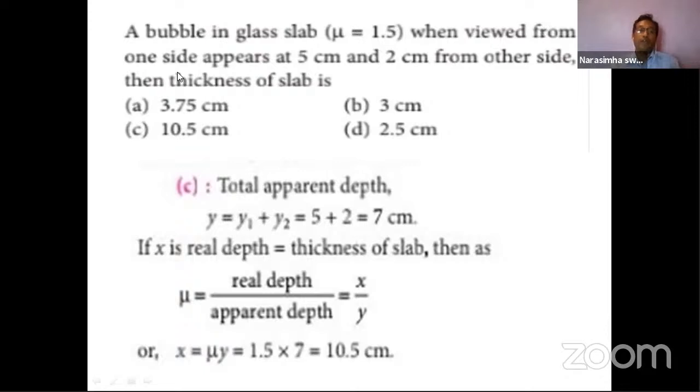When viewed from one side, a bubble is stuck in the glass slab. While viewing from one side, it appears at 5 centimeters, and 2 centimeters from the other side. Why is it happening? Because of the change in medium. And then the thickness of the slab is